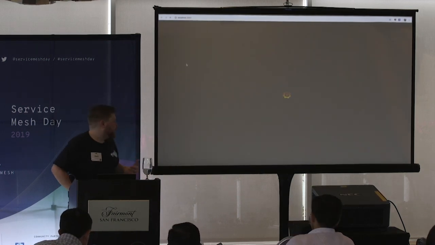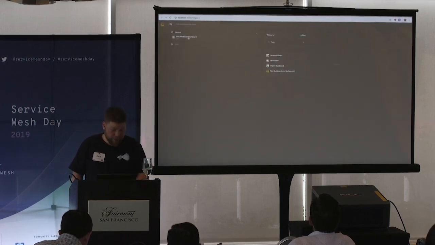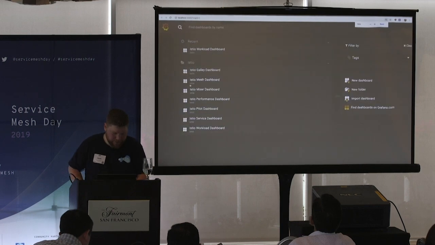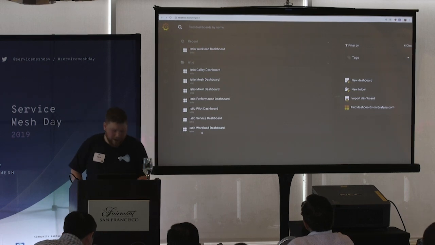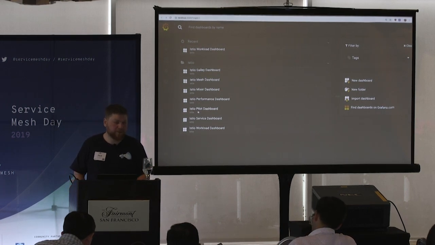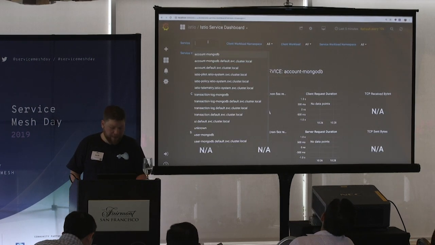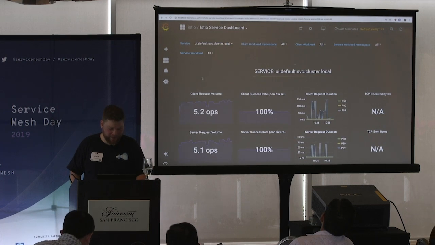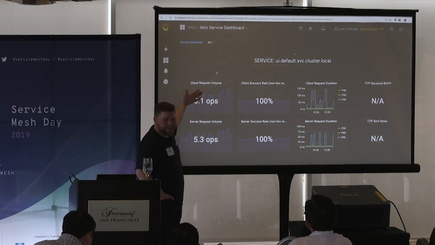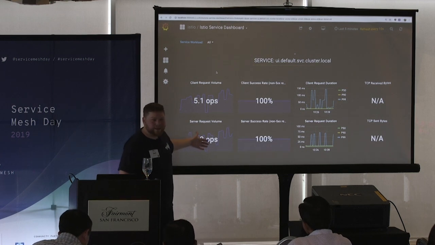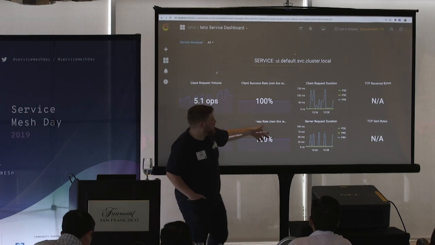All right, and eventually, after you've done the port forward, you should be able to get to Grafana. And Istio, by default, ships a whole set of dashboards out of the box that render the default metrics for you. We have metrics about the individual Istio components themselves. And from our perspective, we really care about the services. In particular, I know that I'm sending traffic to the default service. And so here I can see how many requests clients are sending, how many requests the server is actually receiving. If those numbers are different, you're in trouble. The error rates, the latencies,